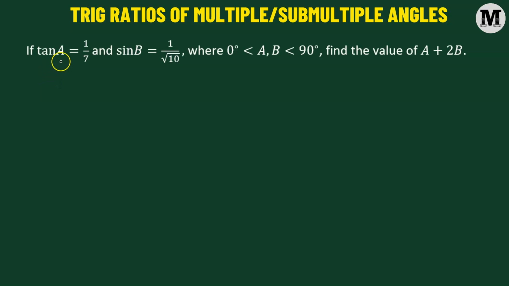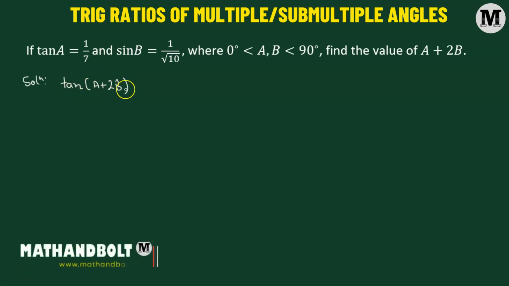So in this problem, we are provided with the value of tangent of A and sine of B, and the angles A and B are in the first quadrant. So we need to find out the value of A plus 2B. Let us begin. So what we'll do, we'll first try to find out the value of tangent of A plus